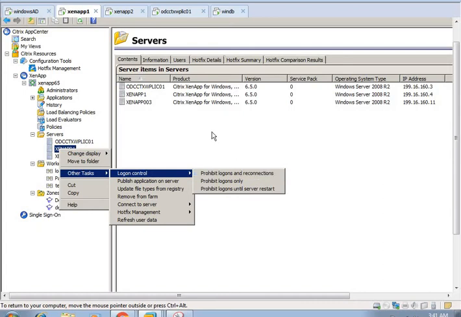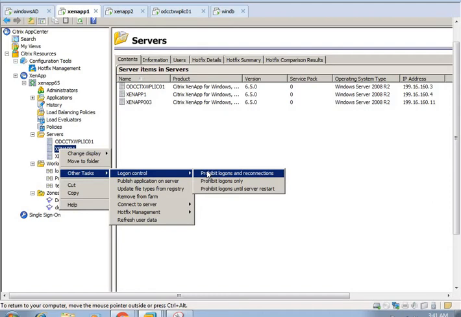Then wait for some time and let the server reduce the load. Once any user logs off from the server, the load will definitely decrease, and then you can enable logon on the server.